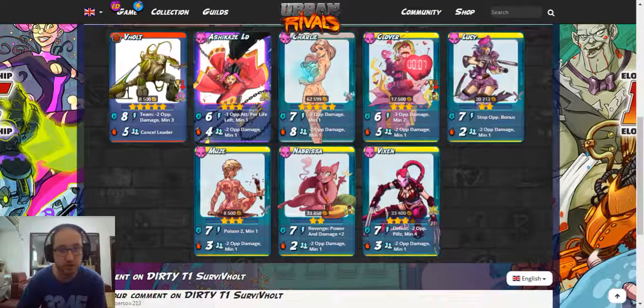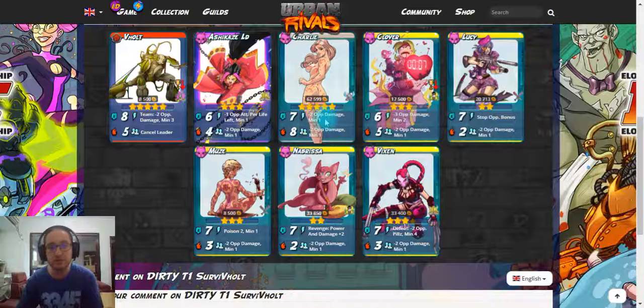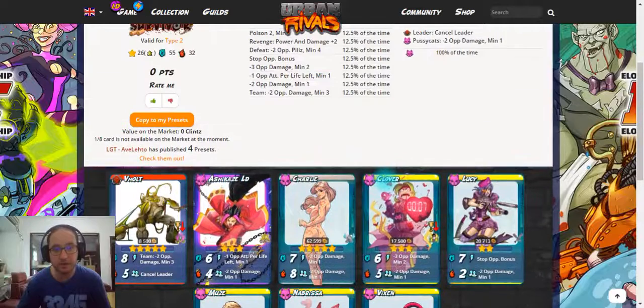One of the first decks I want to show you is for T1 games. The idea of this deck is to reduce the opponent's damage as much as you can. That's why I call it dirty survival, because you need Vault as a leader, which already reduces all the damage of the opponent's other cards, which is the 8/5, not a bad card also. And then of course you play the Pussycats with their bonus of -2 opponent damage. With this kind of deck, it's pretty dirty, but you can easily